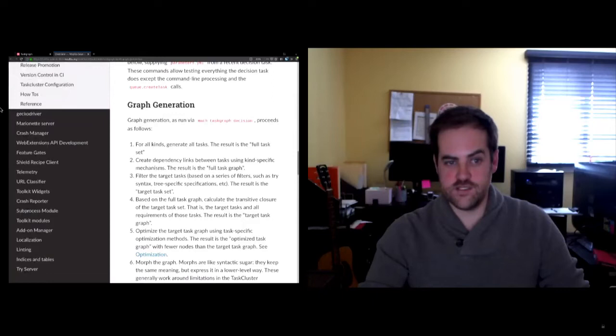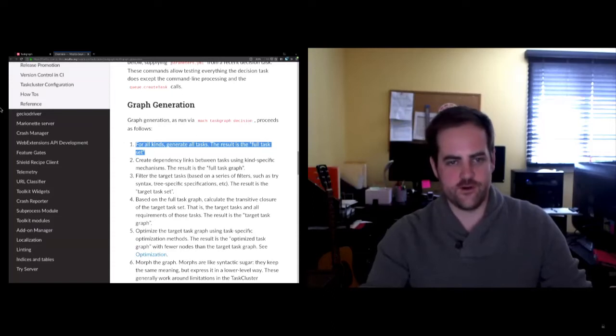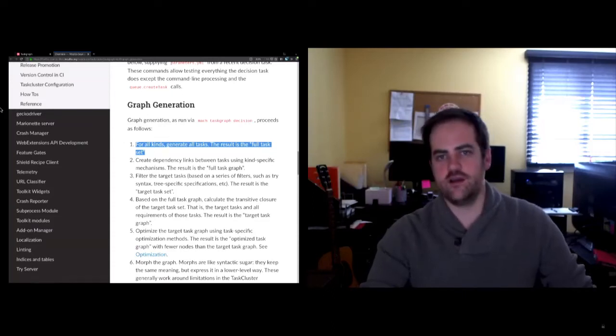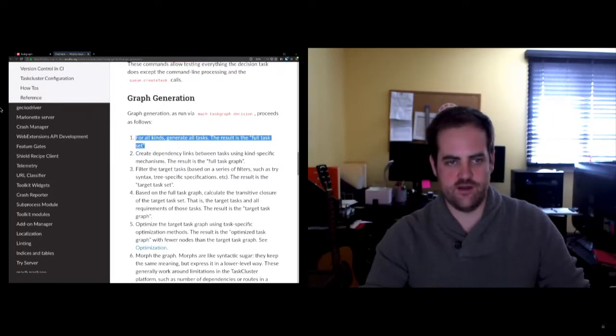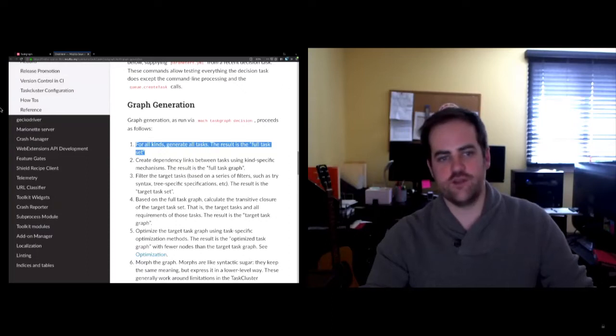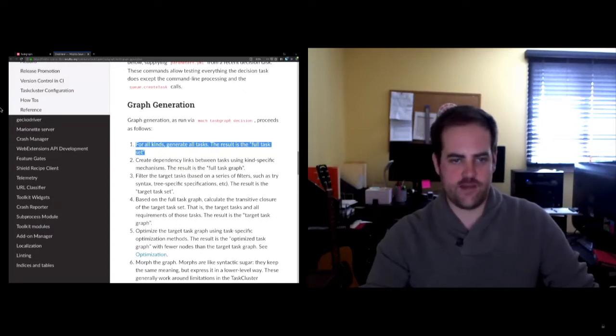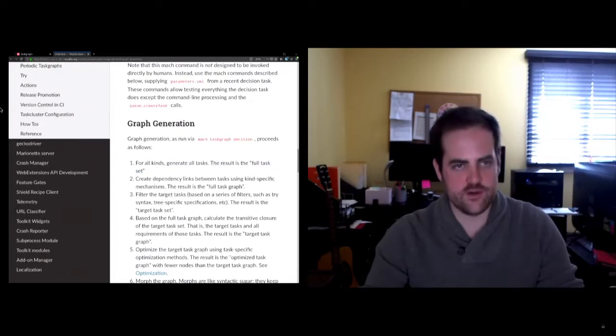So the rest of this talk is all going to be this part right here, bullet number 1. As a developer or as someone modifying the task graph, you don't really care too much about steps 2 to 7. You're probably only going to care about the actual generation of the tasks themselves. If you get past step 1, you can be pretty sure that the rest of steps 2 to 7 are going to pass for you. They might not do exactly what you want, but